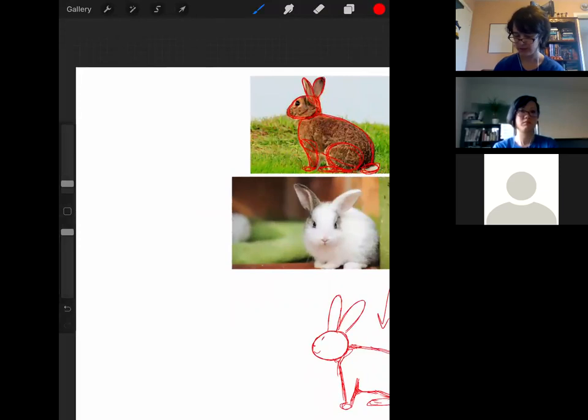So this in turn allows us then to start playing with the order in which we put those shapes down on the paper or the page that we're drawing on, and we can start to manipulate them almost in order to create new poses. All that really matters is that the key parts we observe that are connected together stay connected together. So for instance, looking at this picture here, we can draw a very quick shape study of a rabbit sitting down,